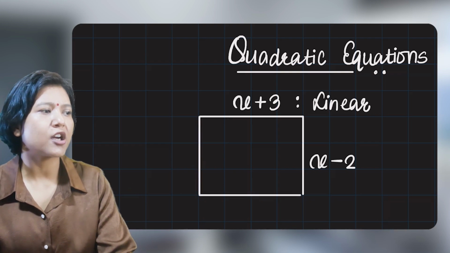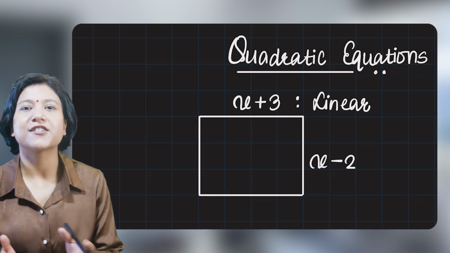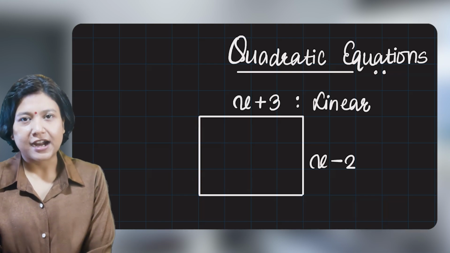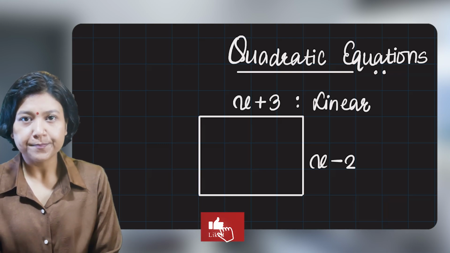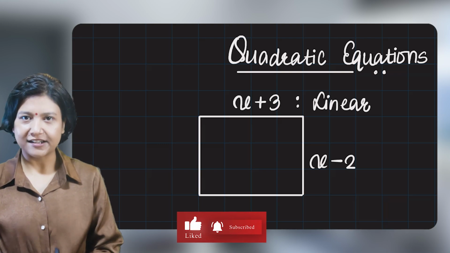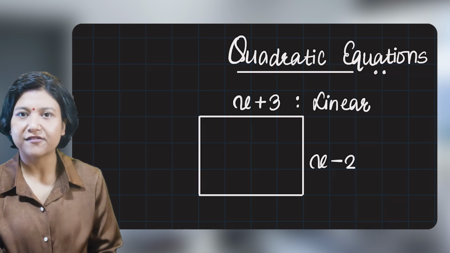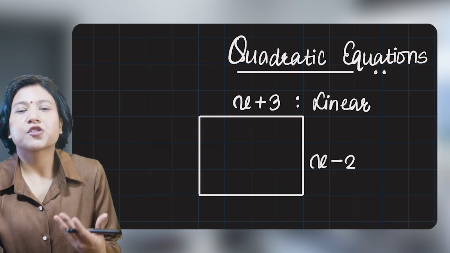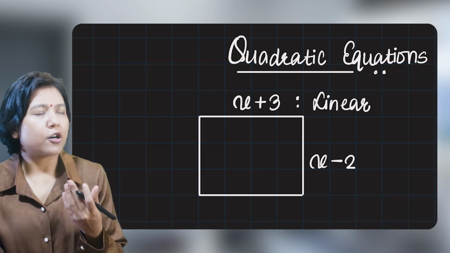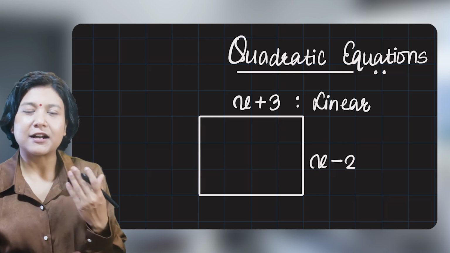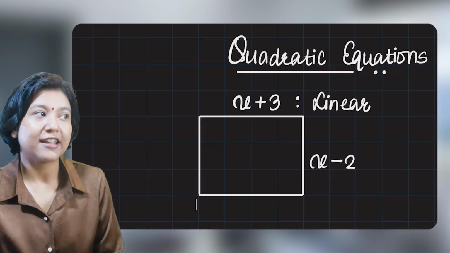So any scenario where you're multiplying two linear unknowns, or two linear expressions, is when a quadratic is obtained. So you can see that a quadratic is a second level algebraic expression obtained by multiplying two linear expressions. As I told you, linear expressions can represent a length or some missing value. So when you multiply that value with something else, and both of them are linear expressions, multiplying two linear expressions gives you a quadratic expression. But the topic is quadratic equation.